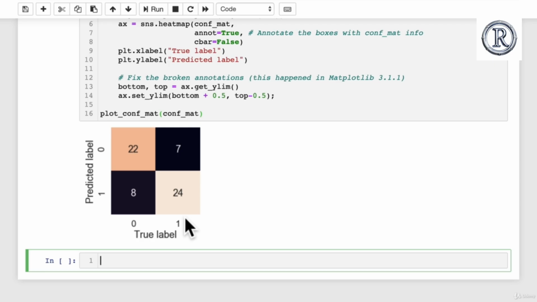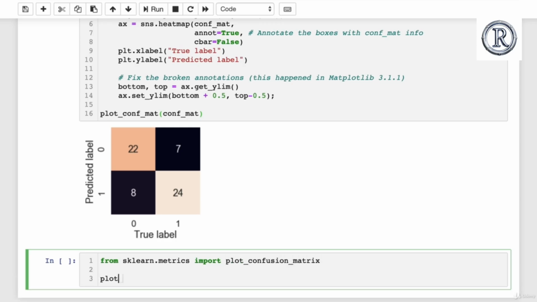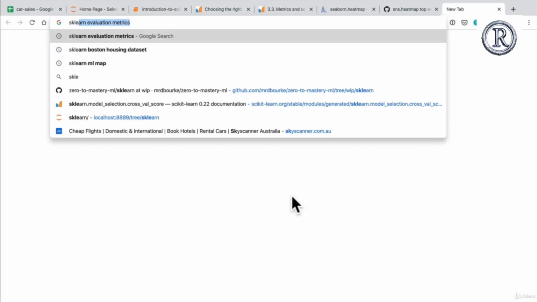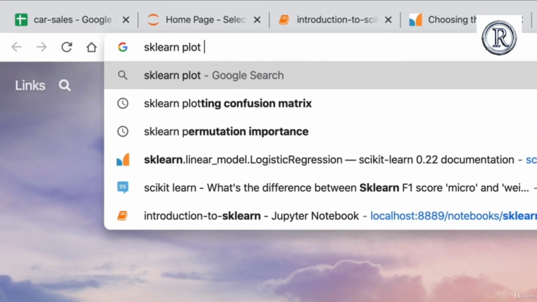Now you might be asking, why did we jump straight to Seaborn instead of using Scikit-learn? Surely they have a plot confusion matrix. And I thought the same thing too. But if we go from sklearn.metrics import plot_confusion_matrix, then we go plot_confusion_matrix, pass it our clf. So if we look at this, cannot import name plot_confusion_matrix from Scikit-learn. Why is that? So if we go here, Scikit-learn, plot_confusion_matrix,